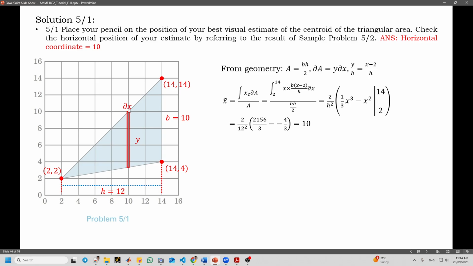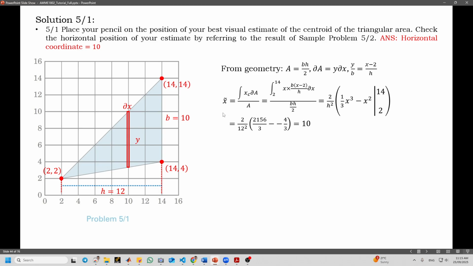And we know that if you look at this small triangle and the big triangle, we can use this formula: y over b is equal to x minus 2. If from here to here is x, from here to here it will be x minus 2 over h. So first you need to find this formula,